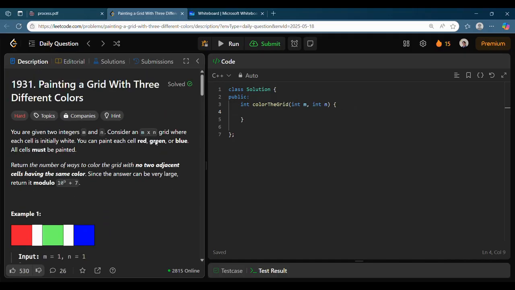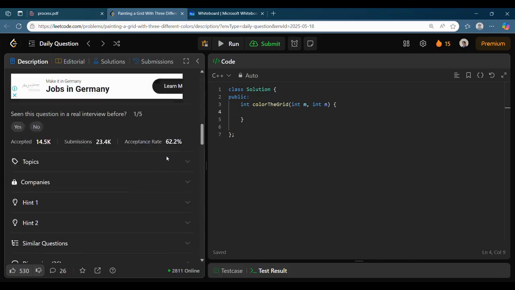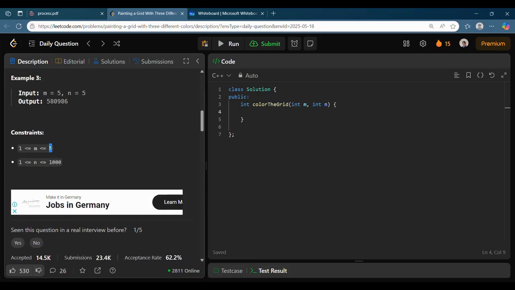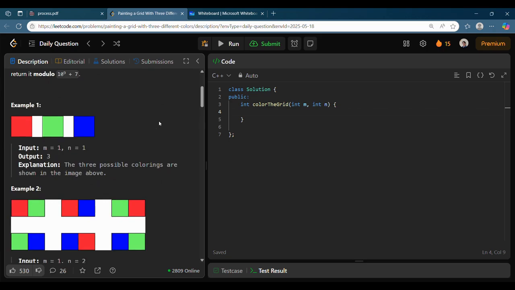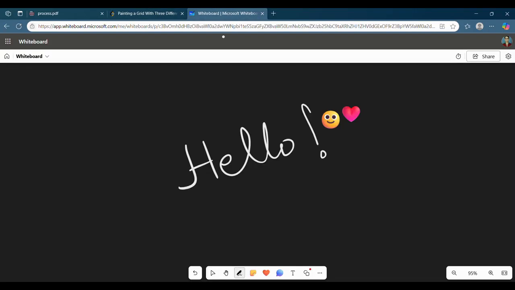But if you see, this is a DP solution, right? Since this is recursion based, this can be a DP solution, and since one of the constraints is 5, there is a signal that this can be a bitmask DP type of solution. So let's try to understand how exactly this will work. This is a little bit different kind of bitmask DP with no such DP transition as such, but let's see how to approach this question. So yeah, let's just start.